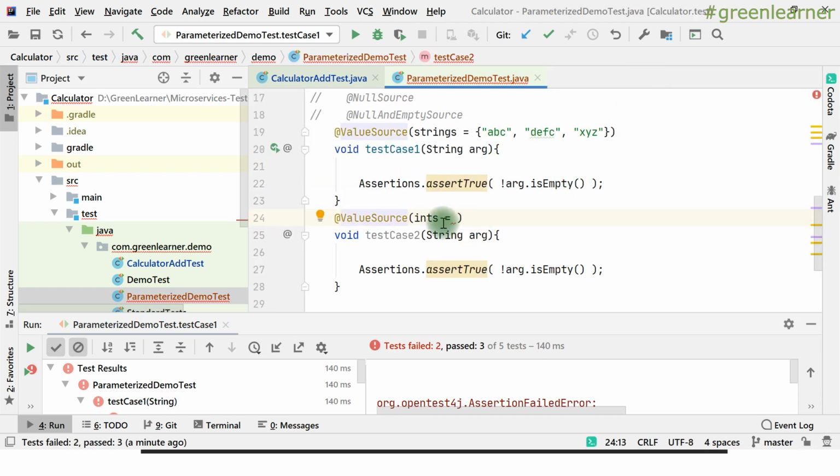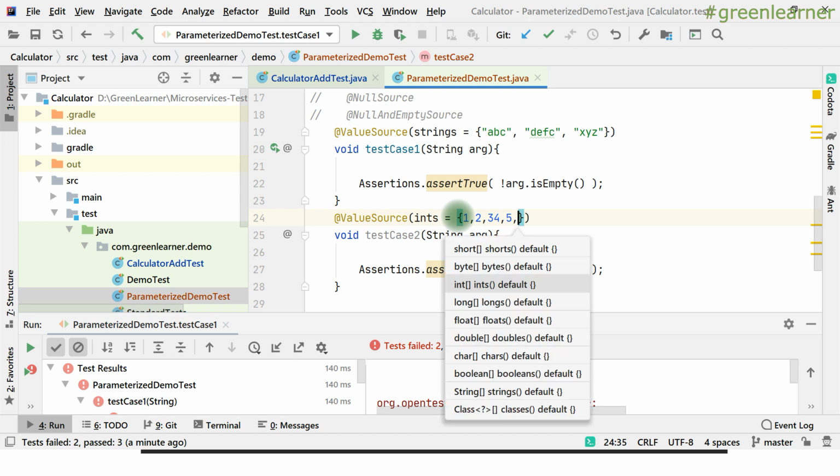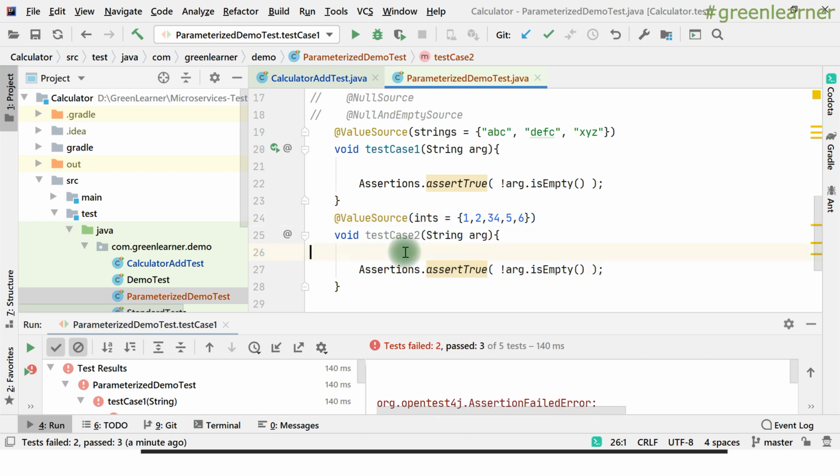So the second example that I'm going to show you is about ints, right? So I can pass the int values here. 1 2 3 4 5, these ones, right? And 6, I can pass it here, right? And then I can give it int, and here I can now reverse the condition, arg greater than 0.